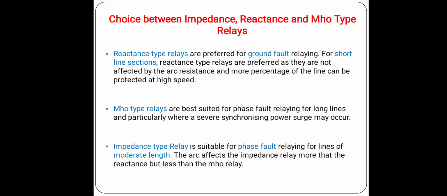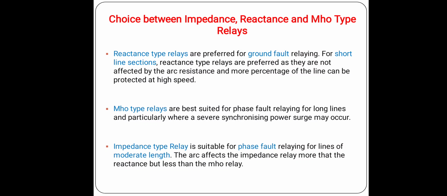So there is considerable overlap in the application of these relays. That means some features are common in these types of relay, and these features can be differentiated by additionally using a directional unit or overcurrent relay unit in the different types of distance relay, so that the common features will be discriminated between these types of relays. The most important thing is that the choice depends on the length of the line, tripping time and coordination requirements, and we need some modification of the basic type of these distance protection relays.